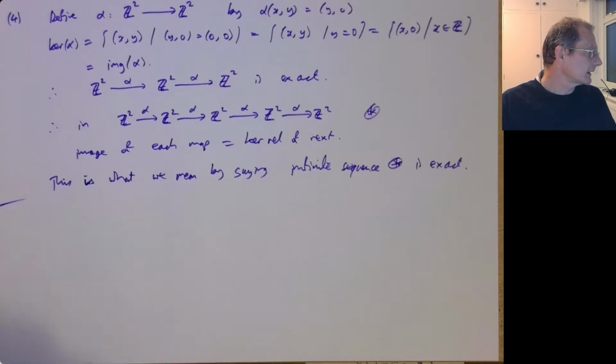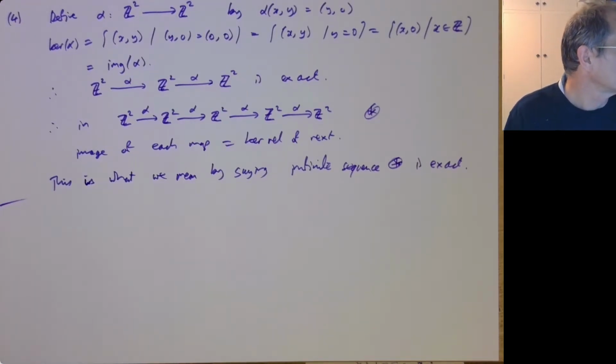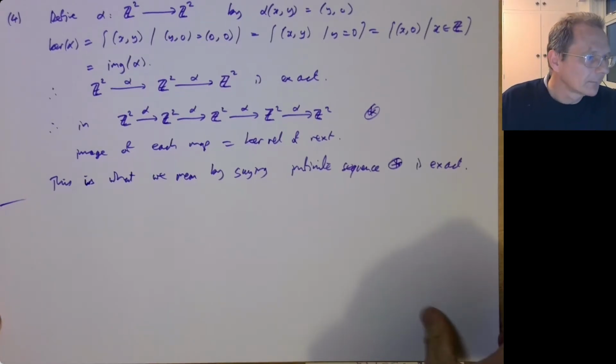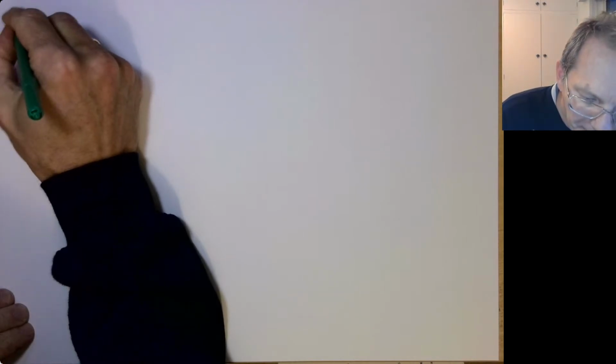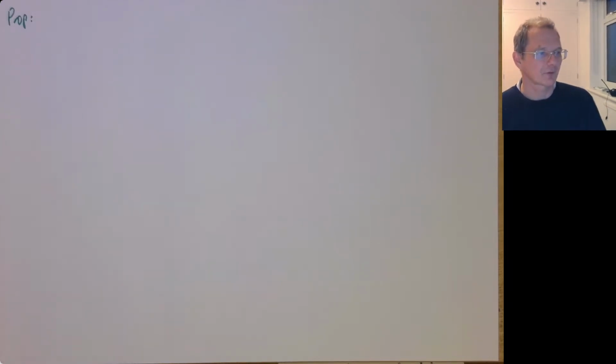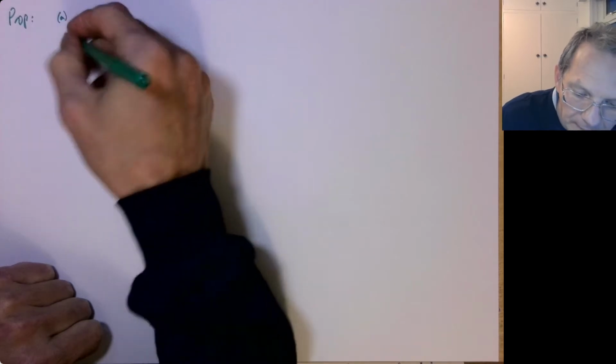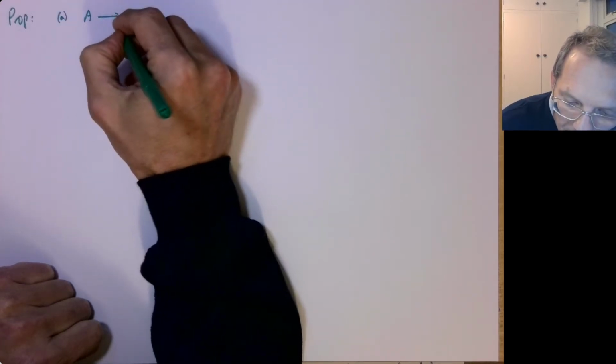So that's a good collection of examples of exact sequences. Then we should explain a little bit what this theory is for. A key point is that many natural statements that you might want to make can be expressed in terms of the exactness of certain sequences. First one, let's say: